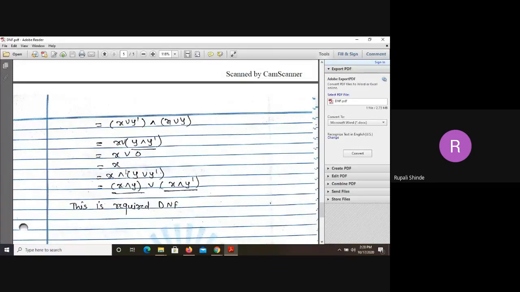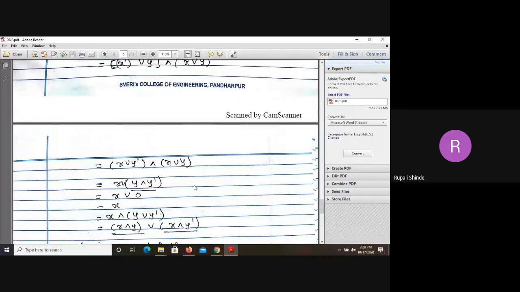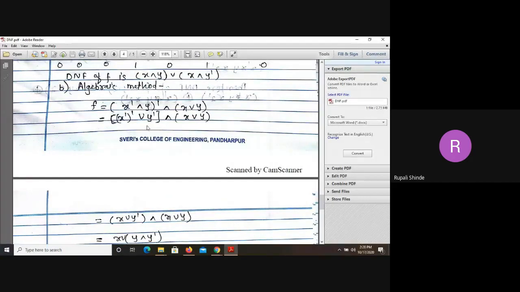So all the time you have to remember that for this sum of product form, and is outside the bracket and or is inside the bracket. So this is the correct sequence. You can't write here or and here as and. So correct sequence is outside the bracket and should be there, and inside the bracket or should be there. Now apply distributive law. X and Y, this is first term, or X and Y's complement. This is second term. So this is the answer we got by using second method.